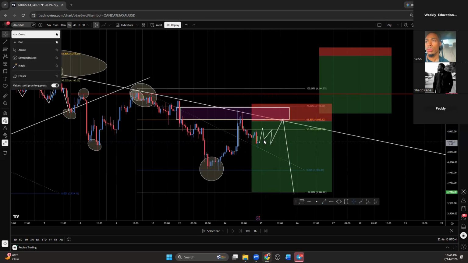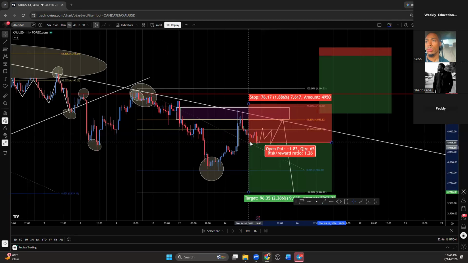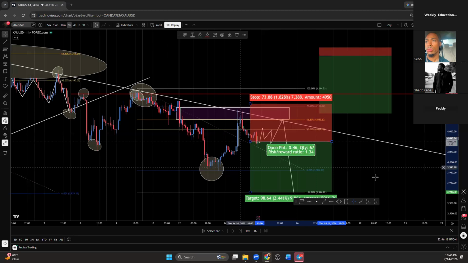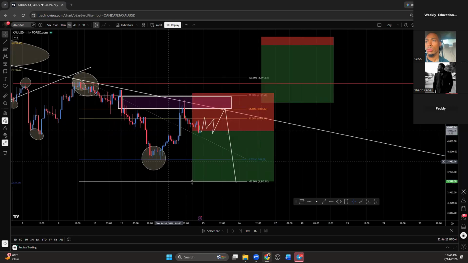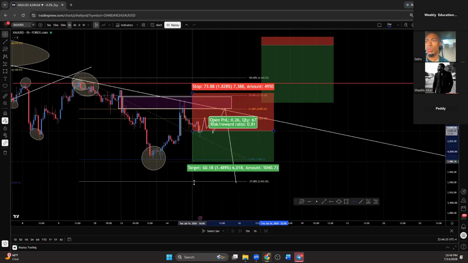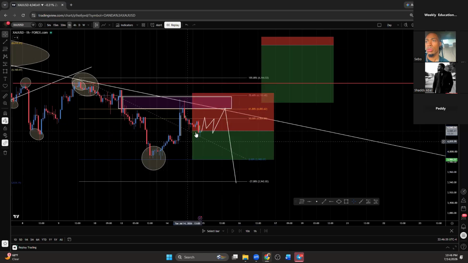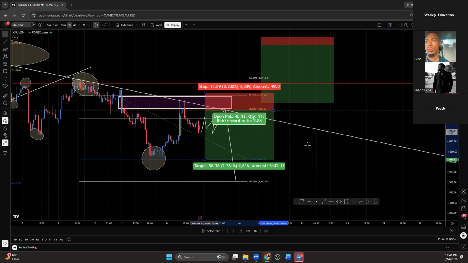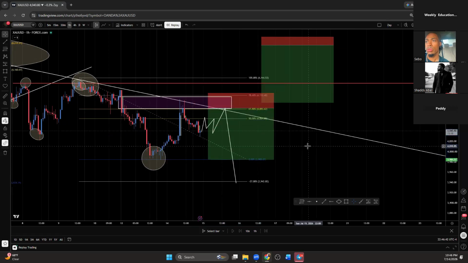Even if market does go straight down, I don't really care, because I know if I enter this trade, I'm gonna have a sorry risk to reward, and that's not the way that we trade, right? I know if I enter here, I'm literally targeting this area, because I don't know if market's gonna create a new low, but I have a higher probability of market creating an equal low, and that just doesn't make sense for me to enter now. So I'm okay with being patient and waiting, and hopefully market comes back to this area, so I can have a better risk to reward and feel a lot more comfortable taking this trade. You see what I'm saying? So, any questions about gold so far?